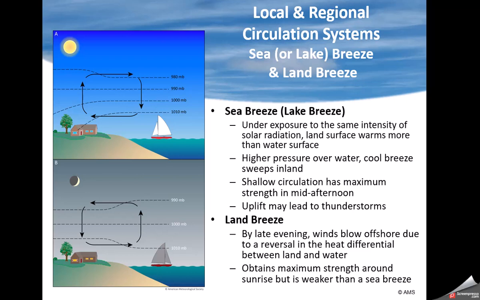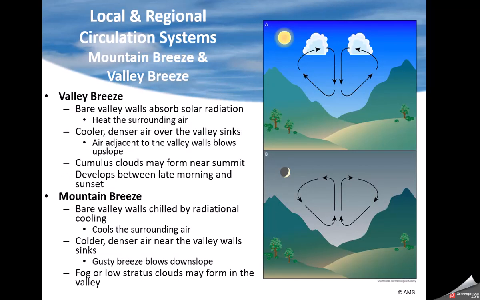And here are just some other breezes that you get in our mid-latitudes, called the sea breeze and the land breeze. They impact particularly along Lake Erie, maybe, or over the oceans. And mountain and valley breezes in West Virginia. You get these all the time, where they warm up the slopes or whatever and cause the air to rise and sink in the middle of the valley during the summertime. In the heat of the day, and at night, cold air drainage comes down and causes the air to rise in the middle of the valley. And this is actually something that firefighters use all the time when they're fighting forest fires.